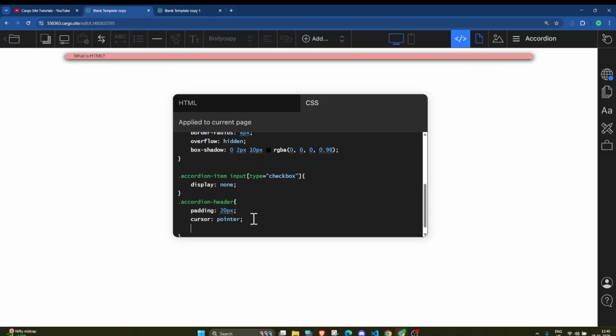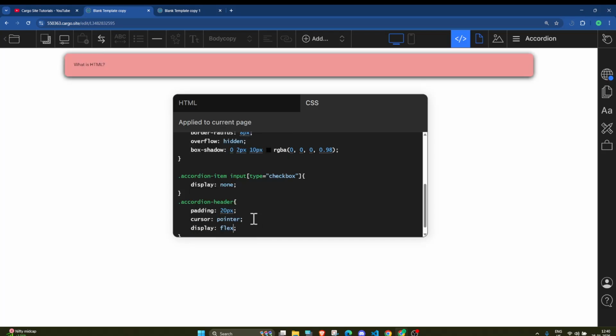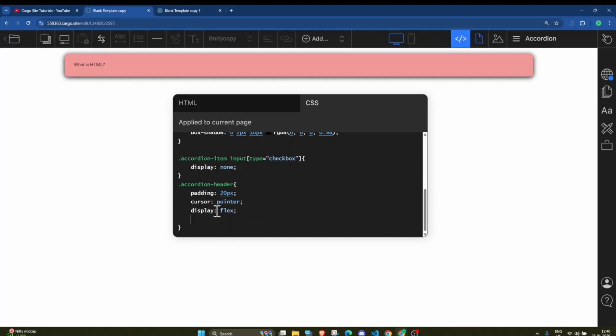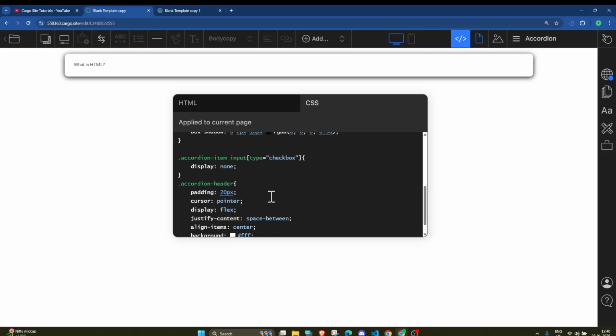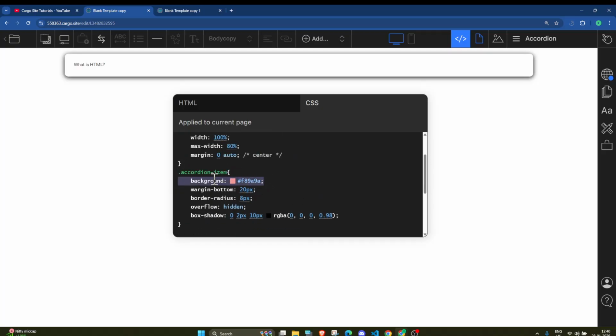After that I will add display flex for making it look like this, and then justify content space between. Then I will add align items center and background white. So I can remove this background. I added this background so that you can have an idea of where the CSS is applying.